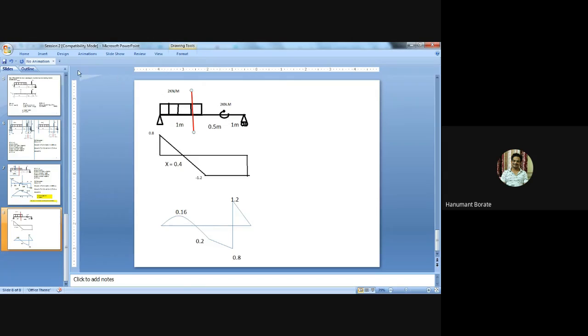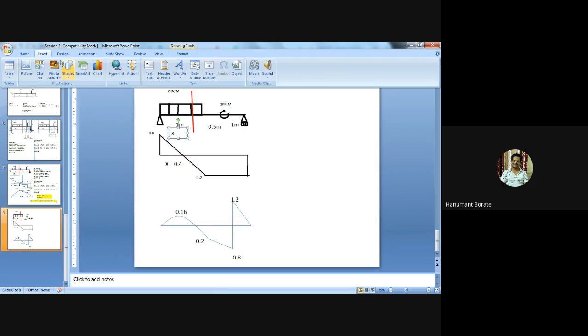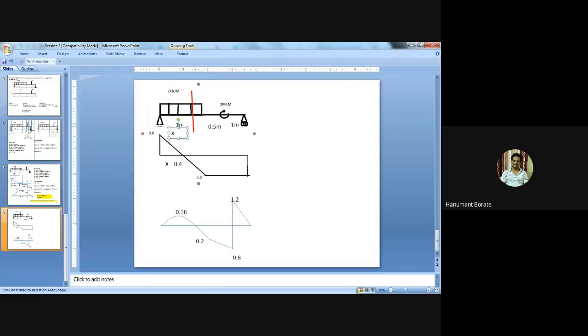But right now I don't know the distance. Okay. So I will take a distance equal to x. This section is at a distance x from the left side. Now we need to calculate the bending moment equation at this section x. So I will write here bending moment equation, BM at x distance equal to,